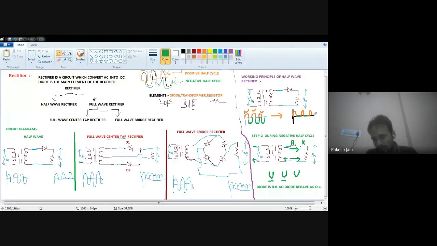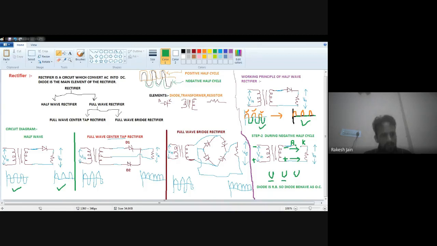Okay. So now see, this is the input and this is the output, and these waveforms are as I drew in the circuit. With this green color, I am going to write the right sign. So this is the input and this is the output, and we will find the same kind of waveform at the output. And this is the working principle of the half-wave rectifier.